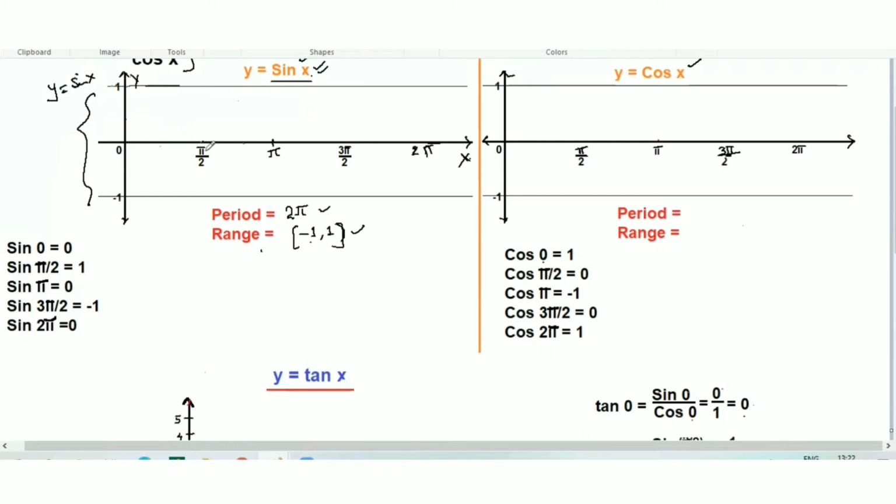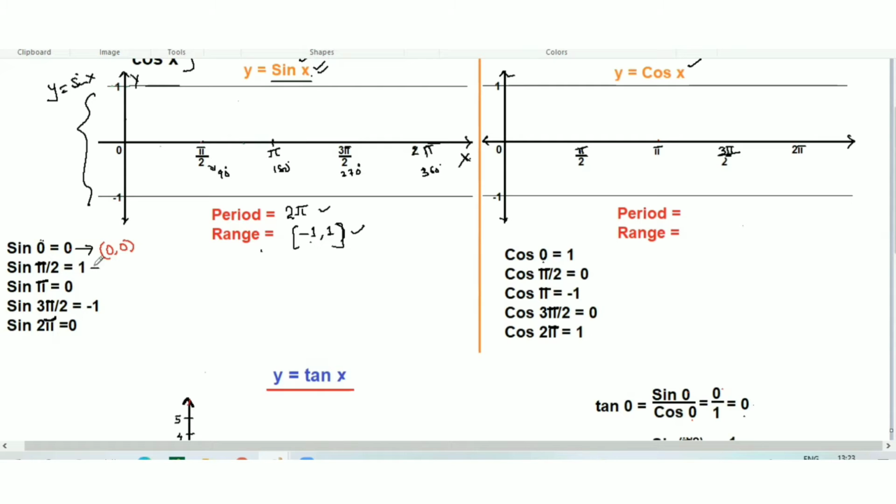This is 0 degree, pi over 2. I have taken radians here. If you want you can take degrees. This is 90 degree, this is 180 degree, this is 270 degree, and this is 360 degree. I have taken x equal to 0. So sine of 0 is y. If you put it in the calculator, sine of 0 degree, you will get y equal to 0. So what is the coordinate point here? x is 0 and you get y 0. We need to plot these points on this axis, here 0, 0.